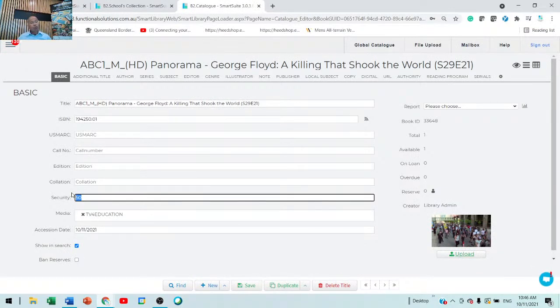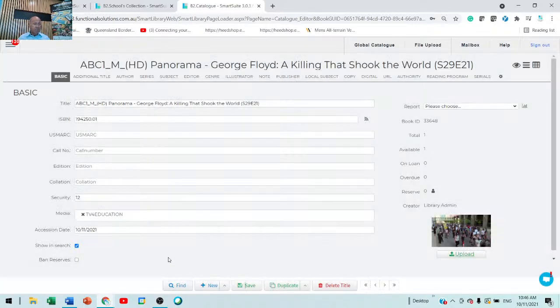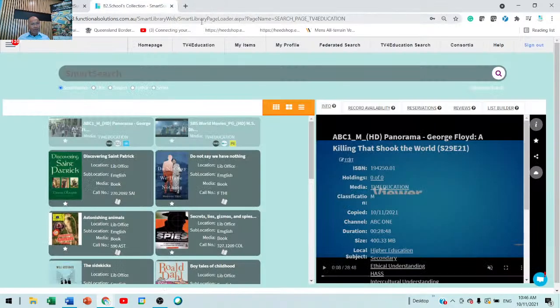Now, let me show you how you set. Now, you can change it. You can say, no, this is all right for year 12s and above. And then once you save it, that's it. Okay. However, remember when I went to the catalog system and I was showing you patrons, we went to the